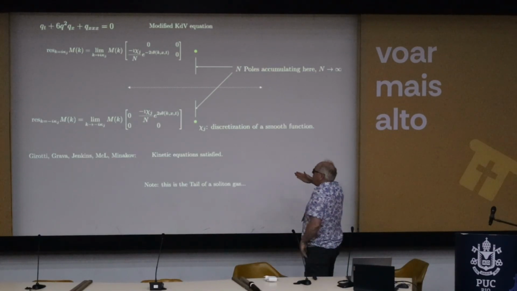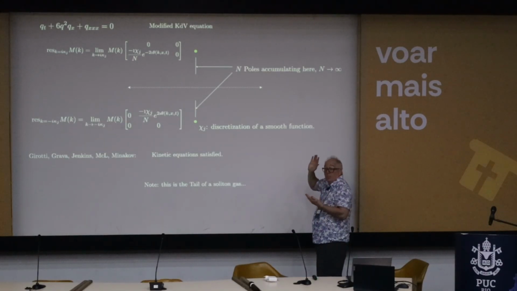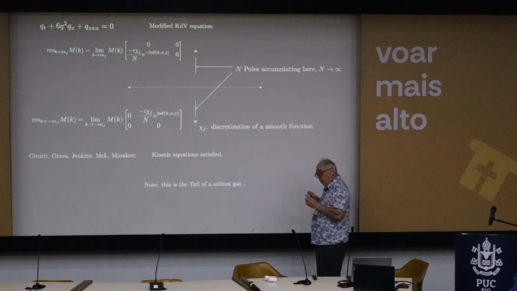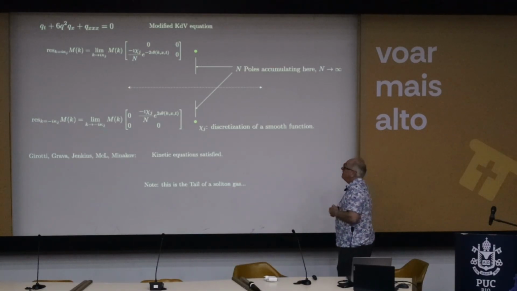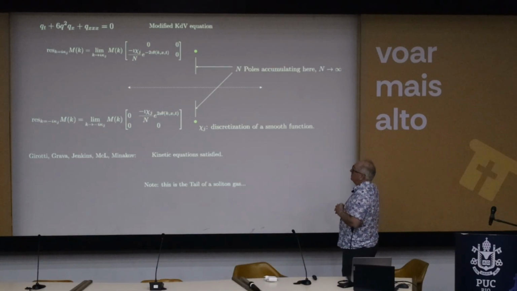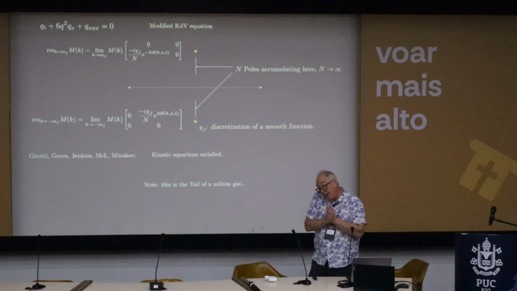So now I'm pointing out what I've described as a first instance where you can imagine a soliton gas. I've got a large number of poles, and each pole corresponds to a soliton. As n, the number of poles, goes to infinity, I'm really creating an infinite collection of poles, so a gas of solitons in some sense. And this is now a slide that describes a gas of solitons plus one extra soliton, the green dot being the extra pole, which is an extra soliton.